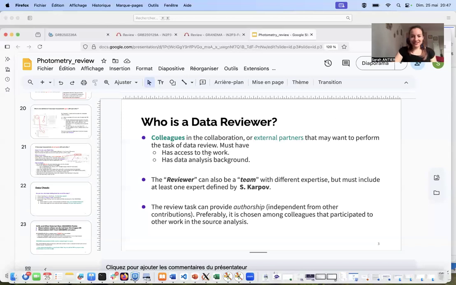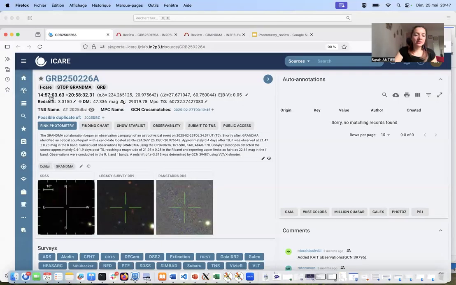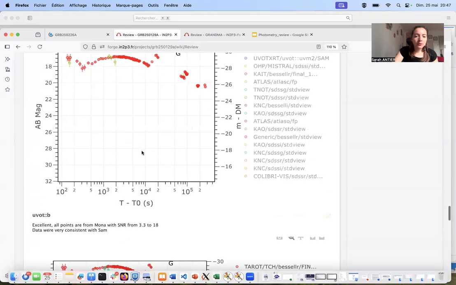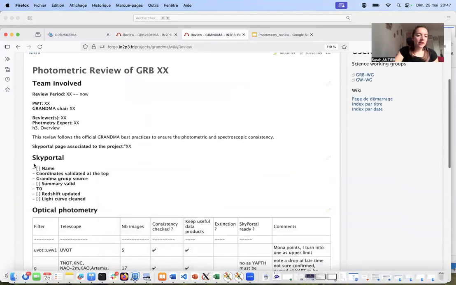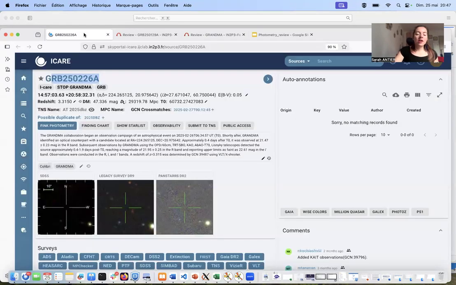Again, everything is in this document. But for example, let's take this data. So what you need to check, if I come back, yeah, up. You need to make sure that all of SkyPortal is clean. For example, if there is a name, the coordinates, if it is a grammar source, if the summary is valid, like the curve. So for example, you're the reviewer, the first thing is to check if this coordinate is okay,